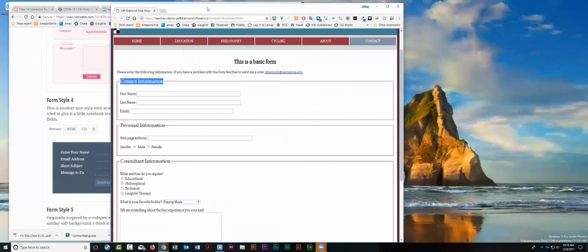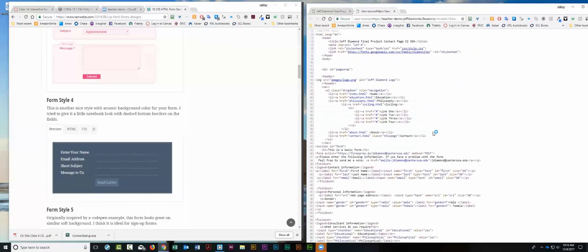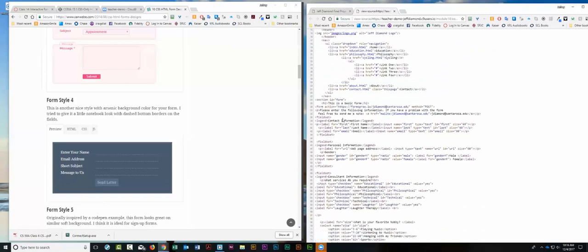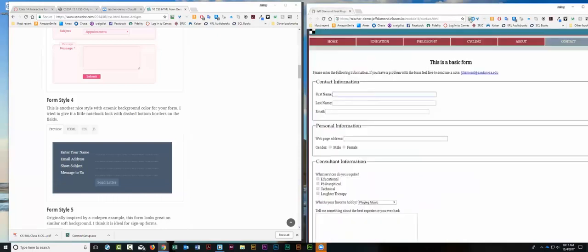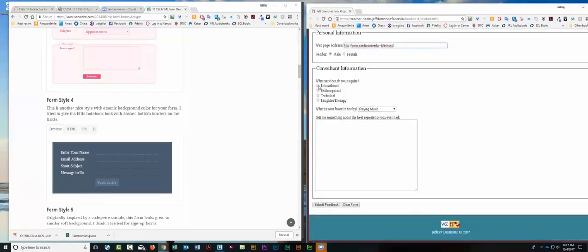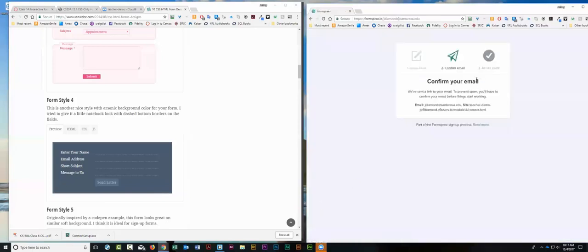So let me get to my code to make sure this is going to work the way I expect it. In my form tag, it says forms for jdimond.santarosa.edu. Okay, so I'll show you exactly how this gets processed. I'm going to fill out this form real fast. Okay, it's got some content information in there. Boom, boom, boom. This is just too cool. Okay, I'll click on Submit Feedback. And now it says confirm your email. Okay, so I go to my email